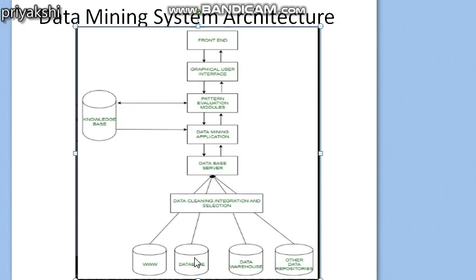Next, a transaction database, which is a set of records representing transactions, each with a timestamp, an identifier, and a set of items involved in the transaction. Transaction data is analyzed for market basket analysis or association rules, in which associations between items occurring together in a sequence are studied. You can take the example of bread and butter, two items which can be purchased in a transaction by a particular customer.